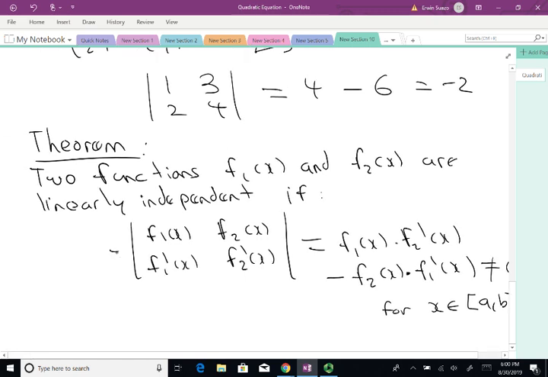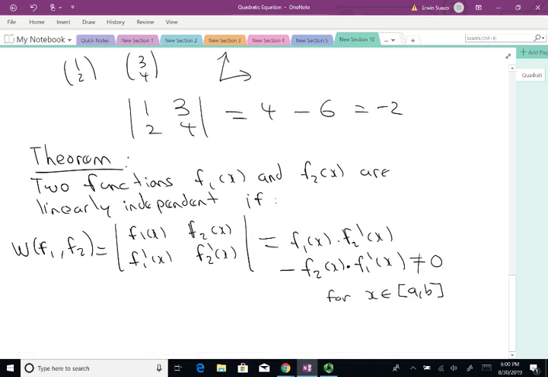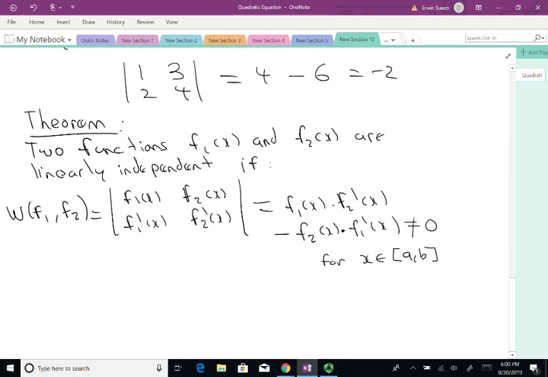So this is called the Wronskian of f1 and f2. So if the Wronskian between f1 and f2 is not 0, so the functions are linearly independent. Okay, and you learn that for two functions. So actually, the definition of linear independence from linear algebra